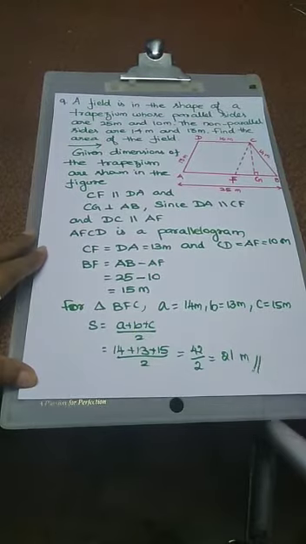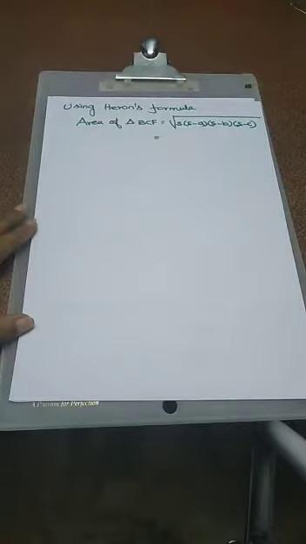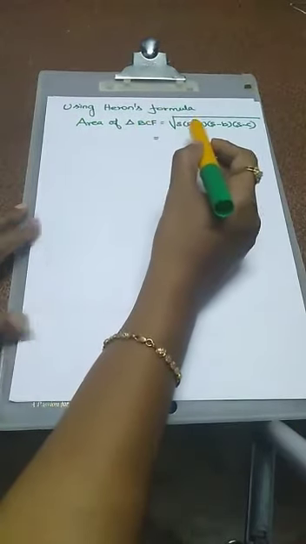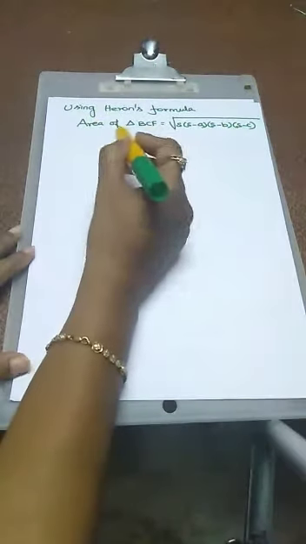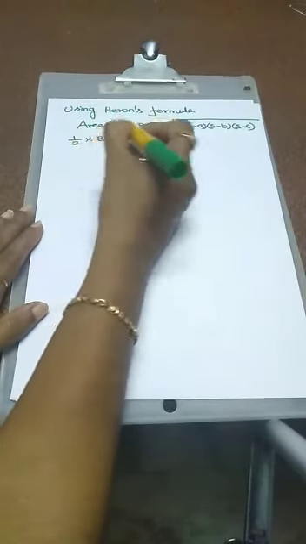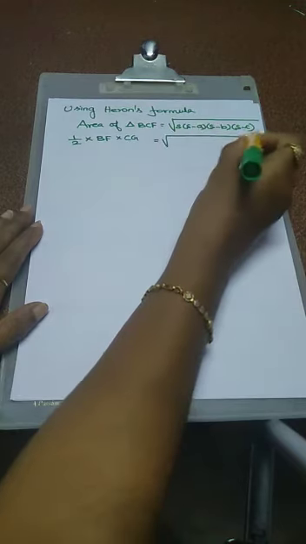Okay. Side value we calculated. Here using Heron's formula we calculate the area of triangle BCF. So what is Heron's formula? Square root of S into (S minus A) into (S minus B) into (S minus C). In this time we apply the normal triangle formula. What is the triangle formula? That is half into base into height. Here the base value is BF and the height value is CG. Apply it on the right hand side value.